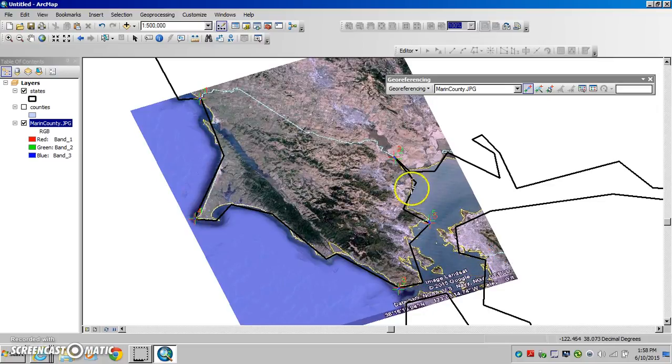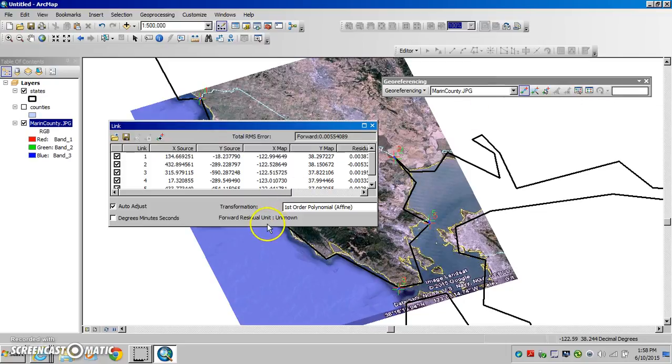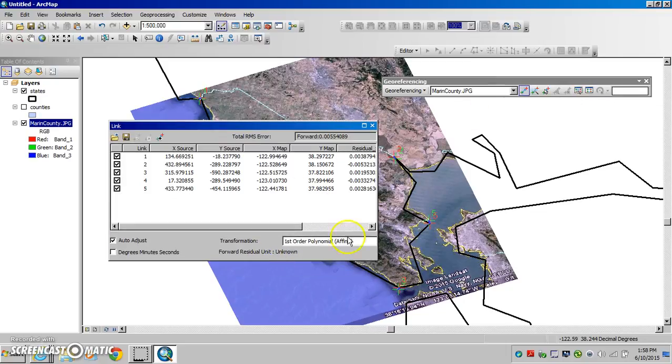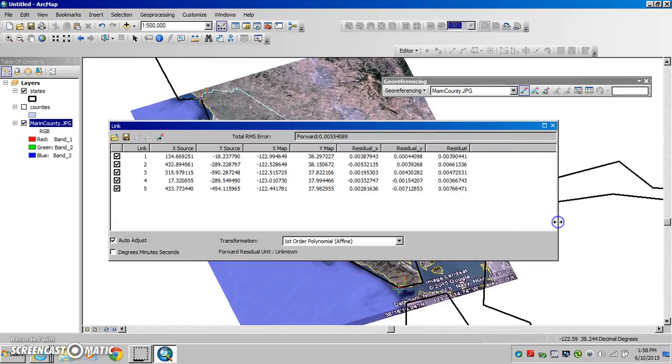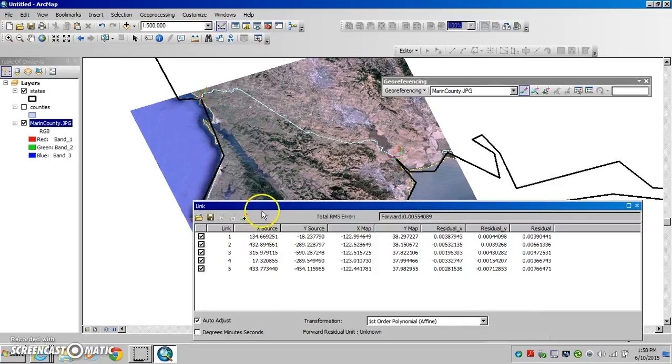If you found you've put too many, or one makes it worse, what we do then is we go into the View Link Table. Again, I'm on the Georeferencing toolbar. We've been using this Add Control Points. Further along, we have the View Link Table. If I open that up, I can get access to all of the links that I have just added. And in fact, if I select one,